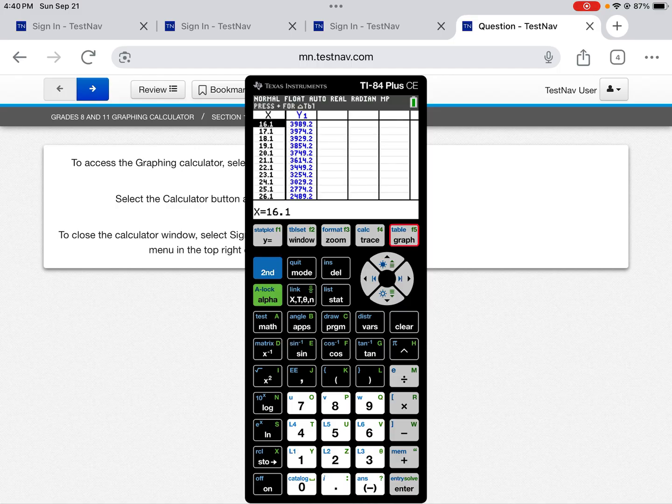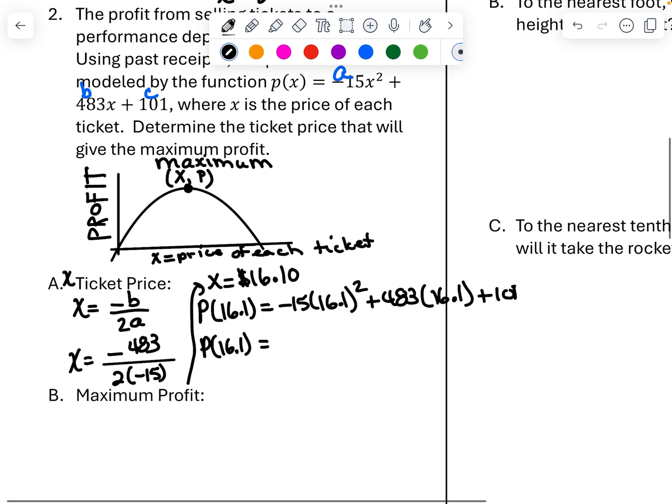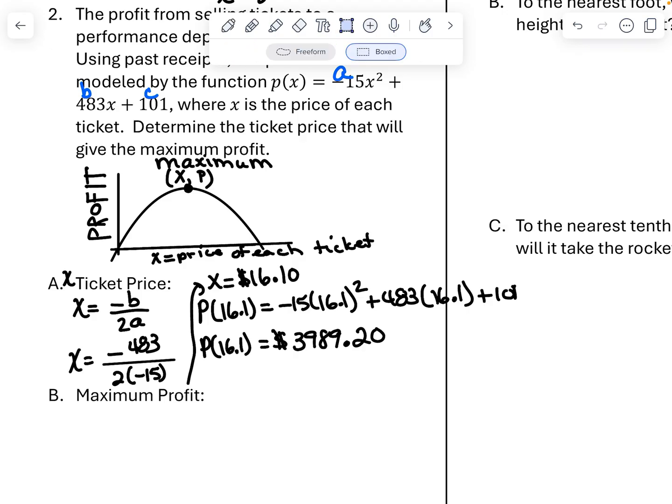And the table will give us 3989.2. So our profit is $3,989. So if we price the tickets at $16.10, we will sell enough tickets to have a profit of almost $4,000. Oh, I guess the maximum profit I could have put in the maximum profit space, which would have been,